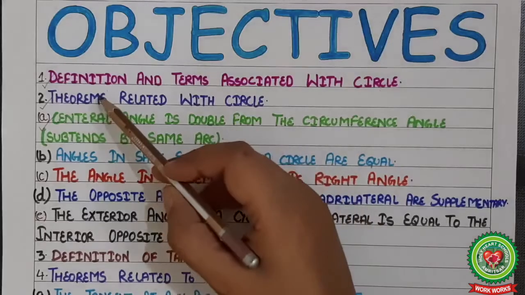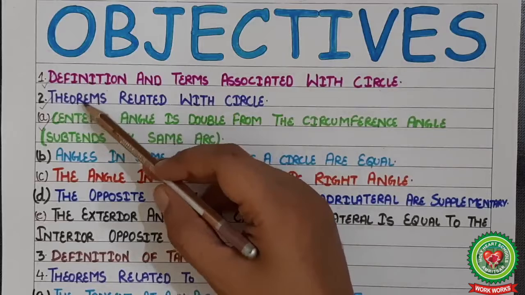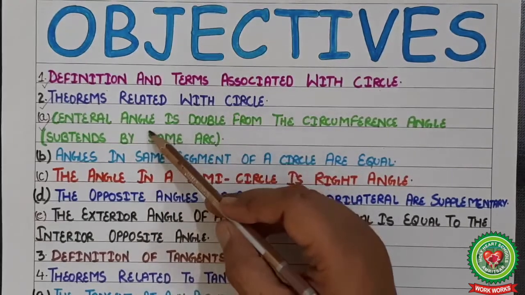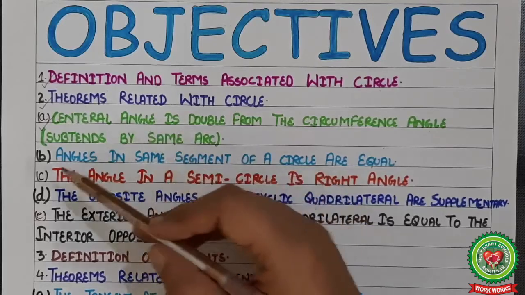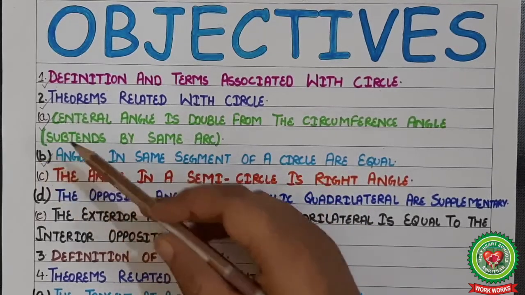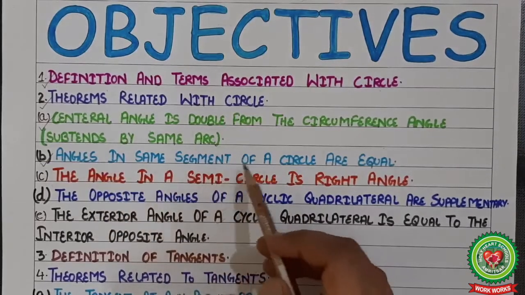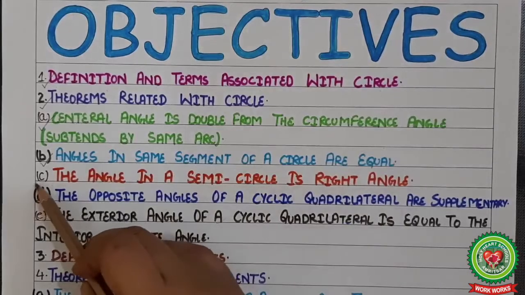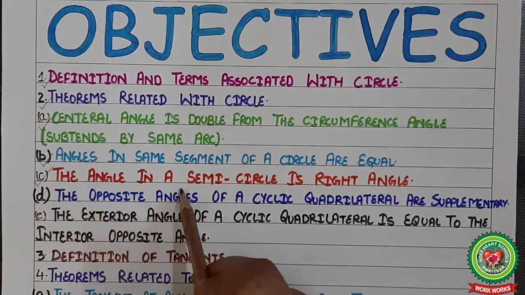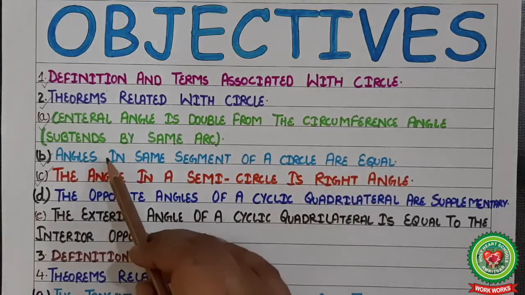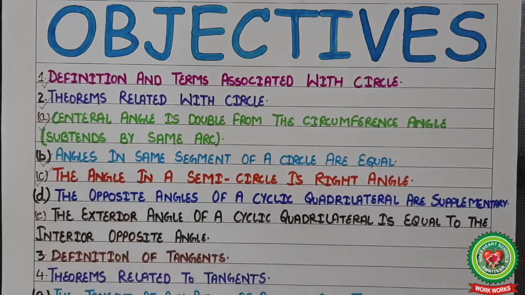Students, so far we have done these two objectives, where we have done all the related terms and definitions, and also we have done one theorem. Now today we will do the next two theorems, that is theorem number 2 and theorem number 3. The second theorem is angles in the same segment of a circle are equal, and theorem number 3 is the angle in a semicircle is a right angle. Now students, we will do the proof of these two theorems and then we will do one question, meaning application